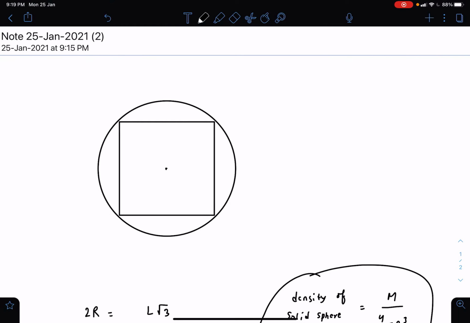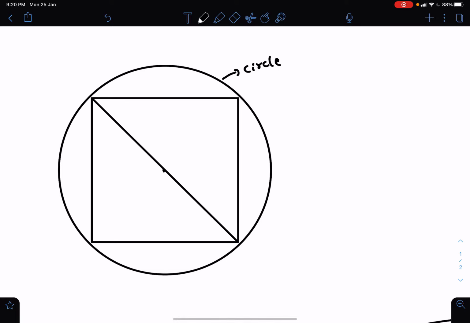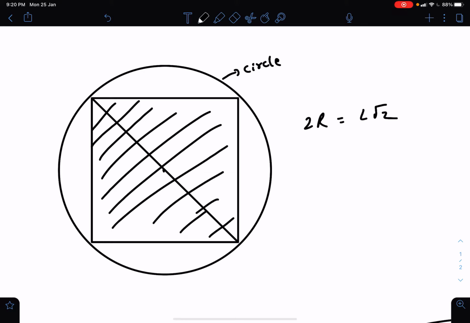Okay, the question you are asking, we have to find out the moment of inertia of a cube. Now, just like if we have a circle, and if we want to find out what is our maximum area square that we can remove from it, what you will do is you will take the diameter and equate it to the diagonal. So 2r, you will write it as L root 2, and that way you will be able to cut out from this circle a square of maximum possible area.